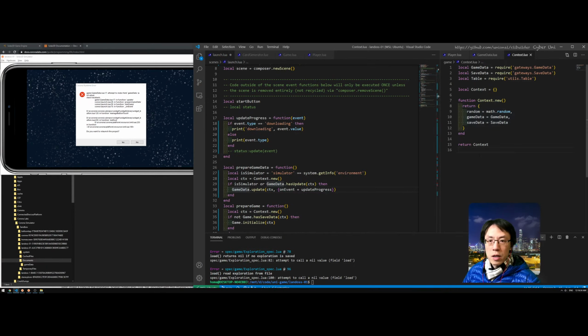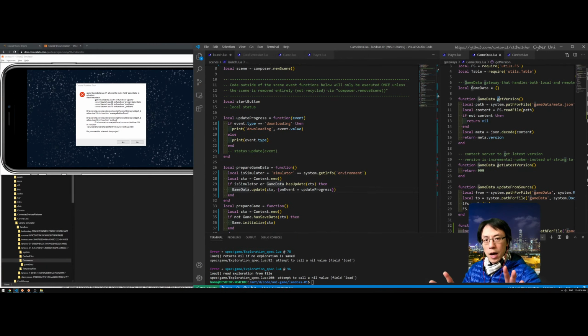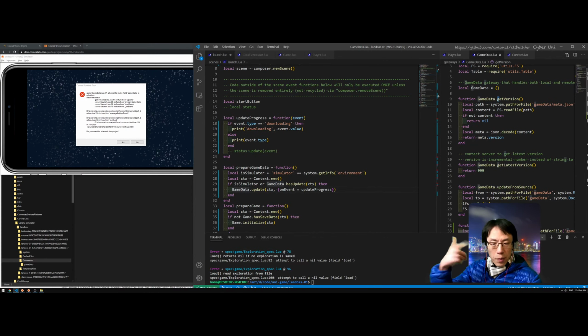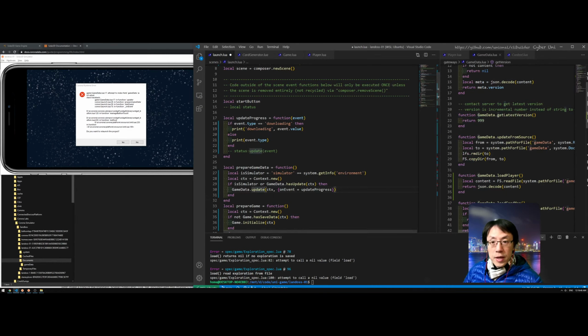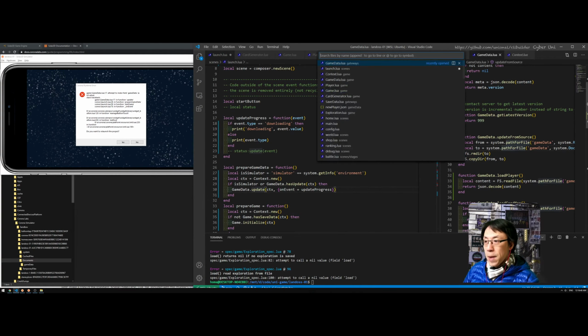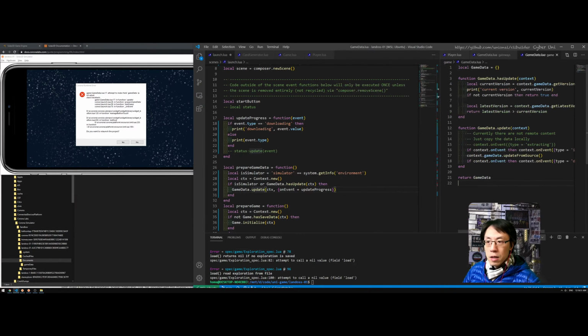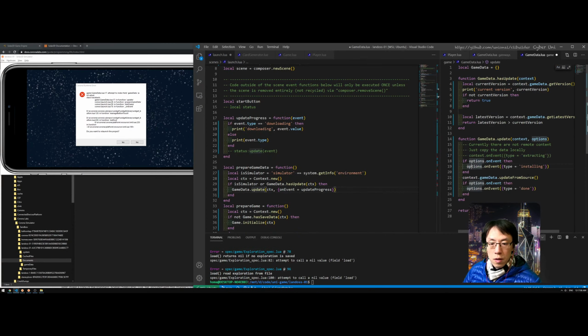I want to separate the two. I want to have the context to only consist of all the dependencies that I need to work on. They need to pass down. So with this, it will be better. Game data on the game side, and so here is the options, and then here this one is option like that. Okay,